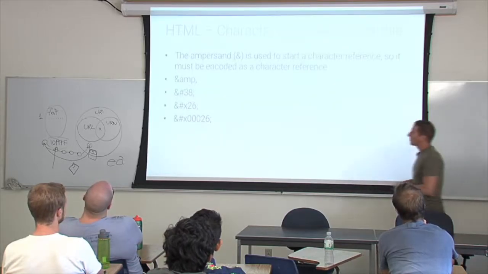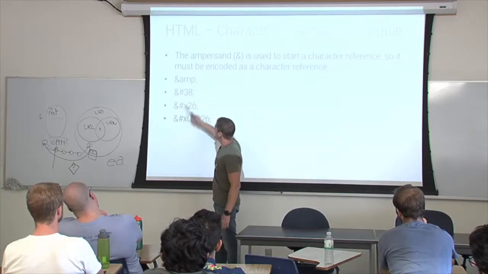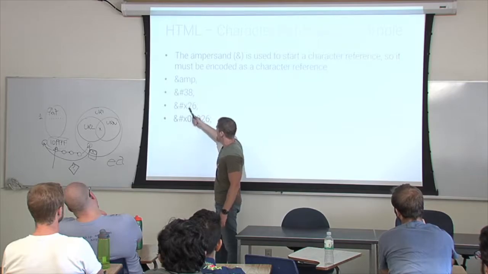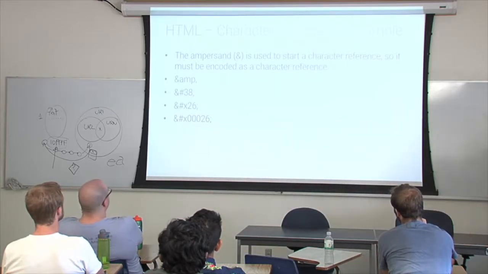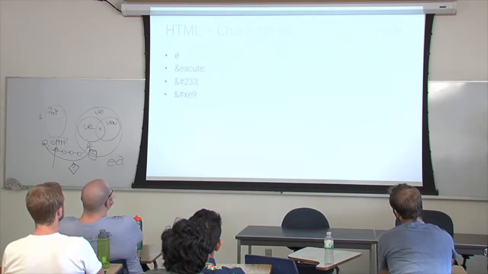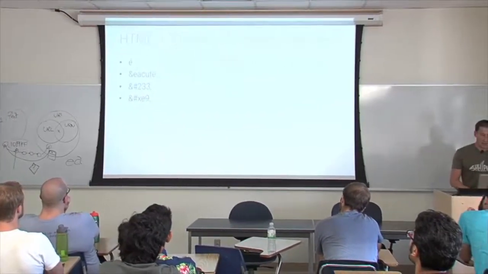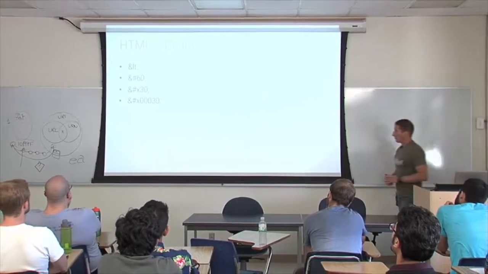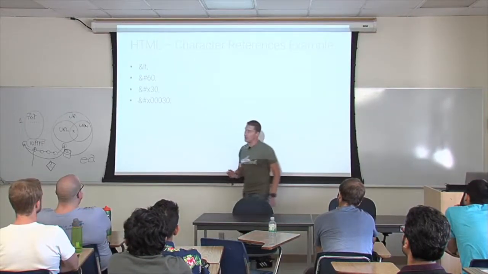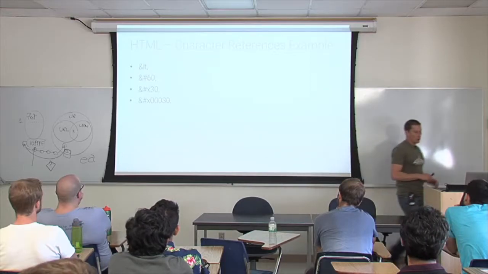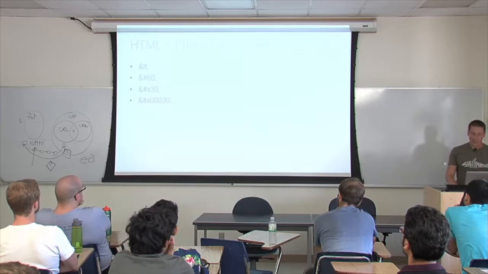So these are examples. You can see the named form. You can do the decimal, hexadecimal, or extended hexadecimal. Very simple. And of course, you can also represent the same thing in many different ways. Also, this is the less than character. It can be many different things, and you can see that this can cause all sorts of problems in parsing. But these are just plain examples.